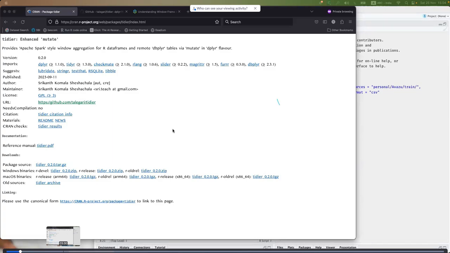So starting off on that note, let's first spend some time to understand what the package does. I'll give a presentation on that. This is tidier. It's a play on the word tidyr, the package most of you are probably familiar with, which gives you utilities to widen and pivot the data frame. Anyway, in my work I used Apache Spark, and Apache Spark provides some very nice functionality